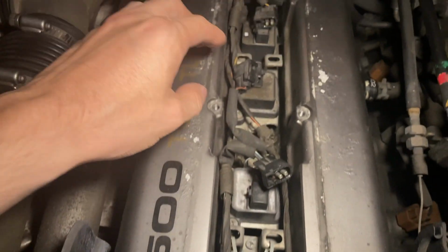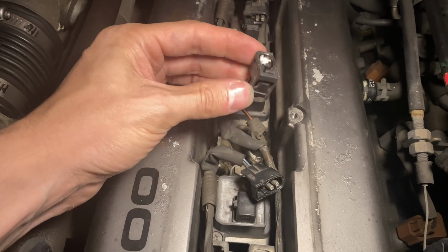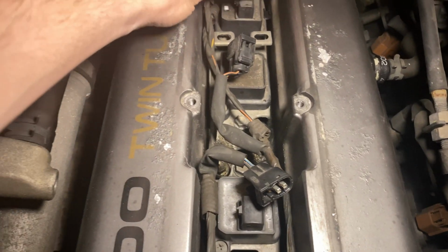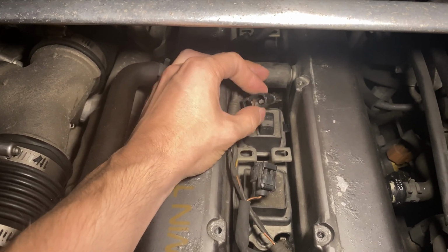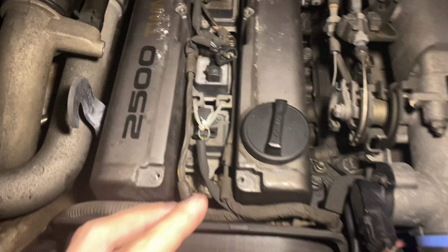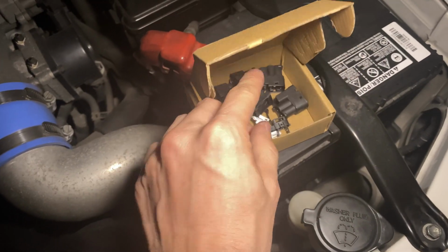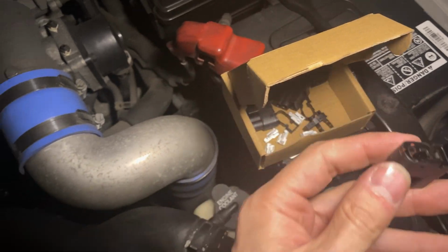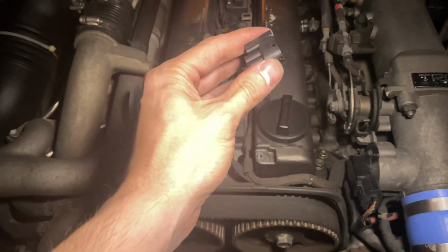This one just, everything is just, like that one's okay. I'm still going to replace it, but this one, look at the insides. It's gone. Everything is just shredded. So when you put your new, here, open this up real quick. I'll drop that. Do one at a time. If yours still look decent,